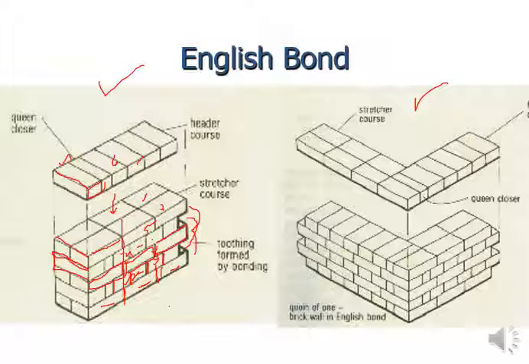Now what problem are we going to face with the corner? Corner के साथ हमें क्या issue आएगा? Similar issue: if you are going to place the header from here, we can start from the stretcher course. Just focus on this particular brick, the last brick. This is the stretching course. To adjust the stretching course, you have to place one header here and one header here. It's okay, 2.25 dimension. This total dimension is 9-inch.